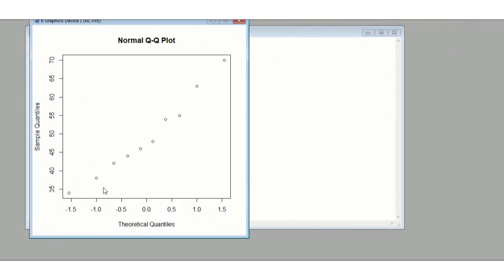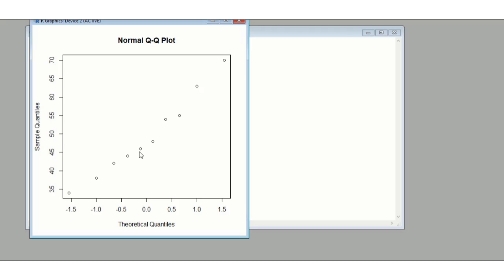That returns this plot here, and it looks almost like a straight line, not quite. We get a straight line here, and then it sort of shoots up at a different gradient here, so it's hard to draw anything in particular from this data. We need a few more data points, we need a larger sample size, but when we're drawing a QQ plot,